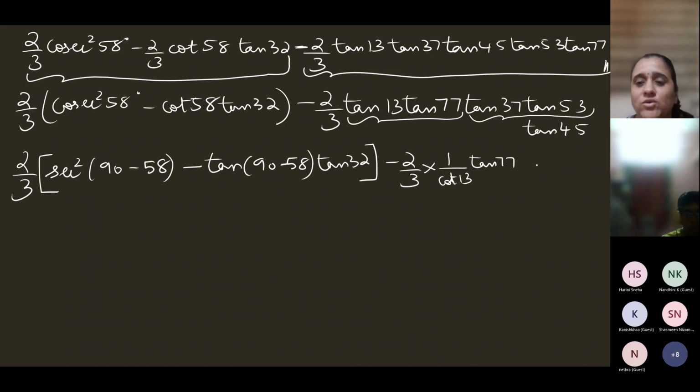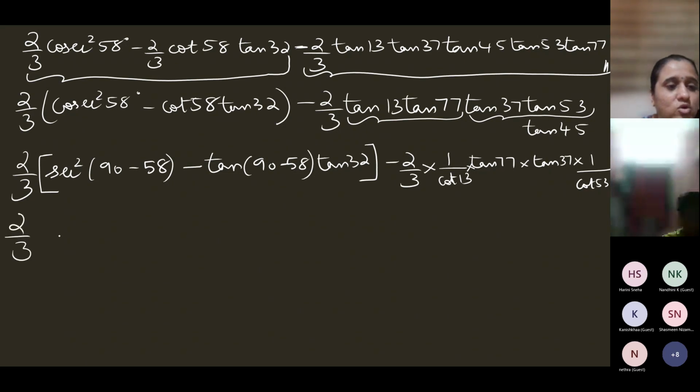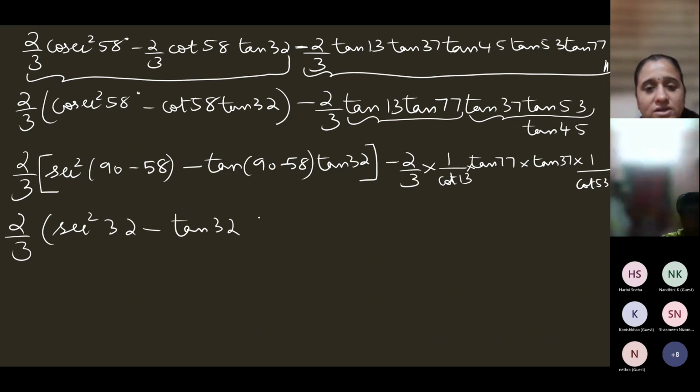Okay, now again here, any one you can change. It's into, children. If I don't write any sign, it's multiplication. Now, supposing you write tan 37 as it is, and you write tan 53 as 1 by cot 53. And children, tan 45 is 1, so into 1. All right, now 2 by 3 into, this is going to be secant square 90 minus 58, which is 32, minus tan 32, because 90 minus 58 is 32 into tan 32, close bracket, minus 2 by 3 into,